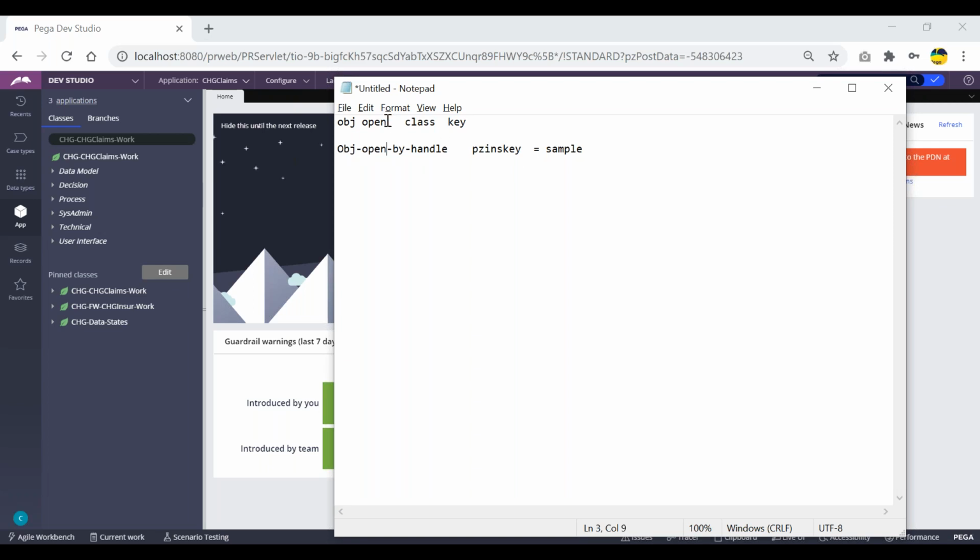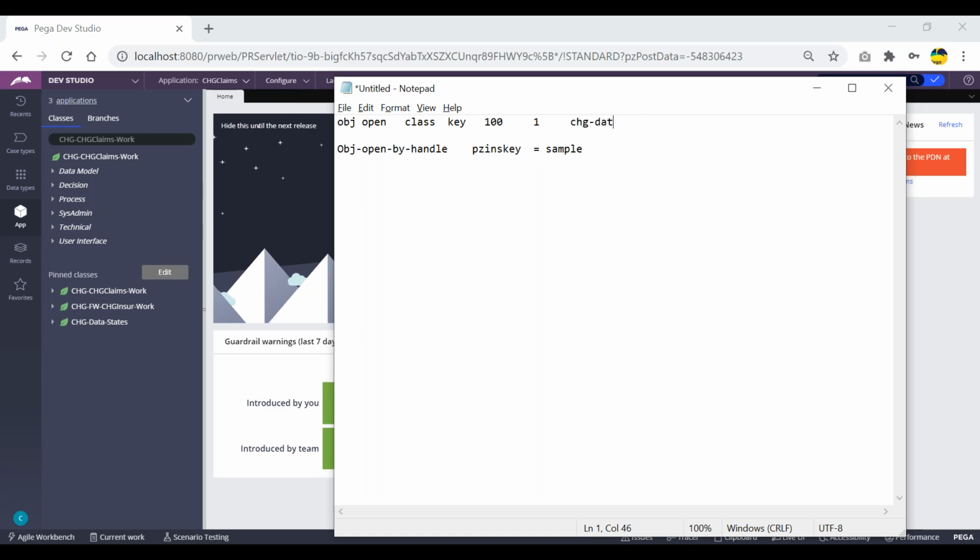If I'm going for OBJ Open, first, suppose I have some hundreds of classes, and each and every class has one class key. That is what we know. Now if I'm using OBJ Open in order to pull one instance from one class, then OBJ Open has to search for the class name first. Out of these 100 tables, whatever class name we are giving, that class has to be picked up first. Suppose I'm just giving the states class,